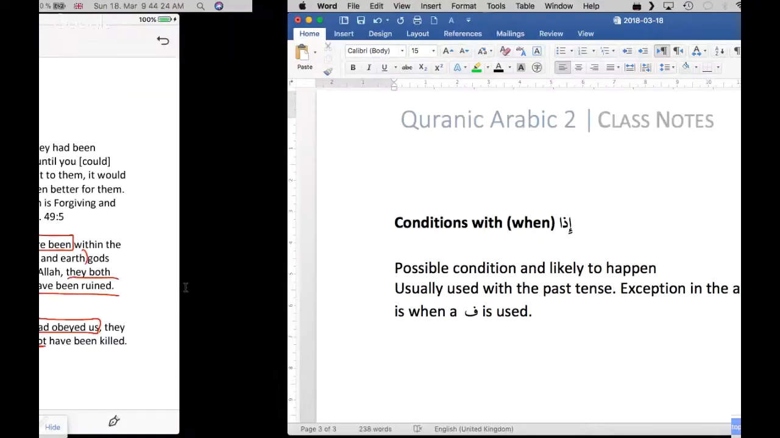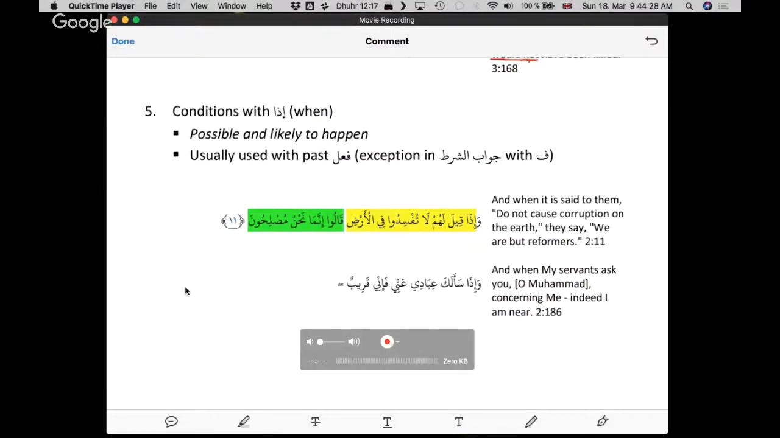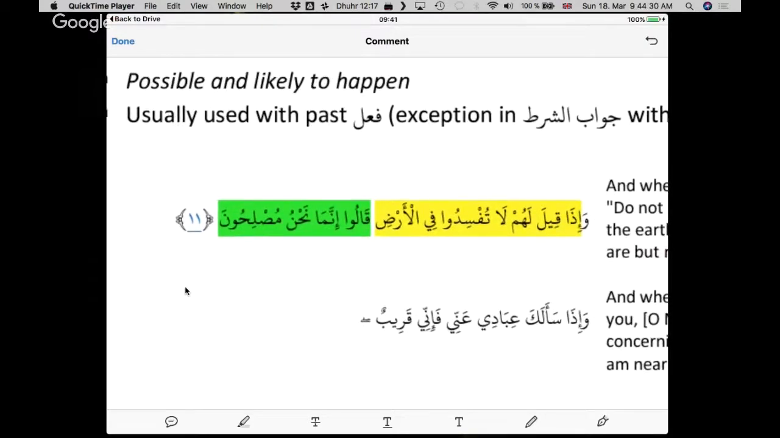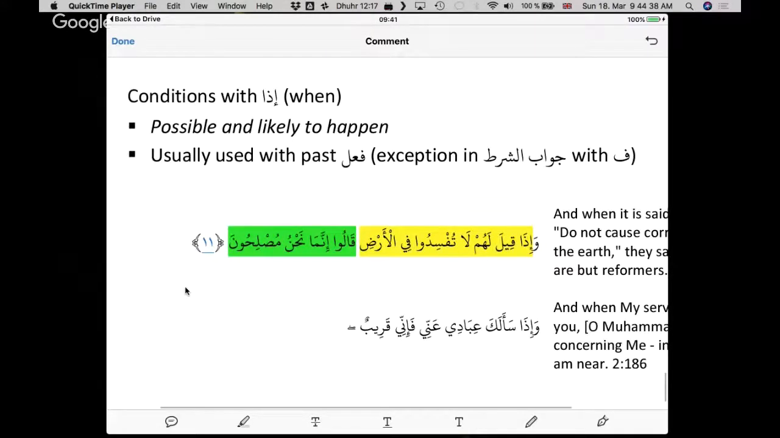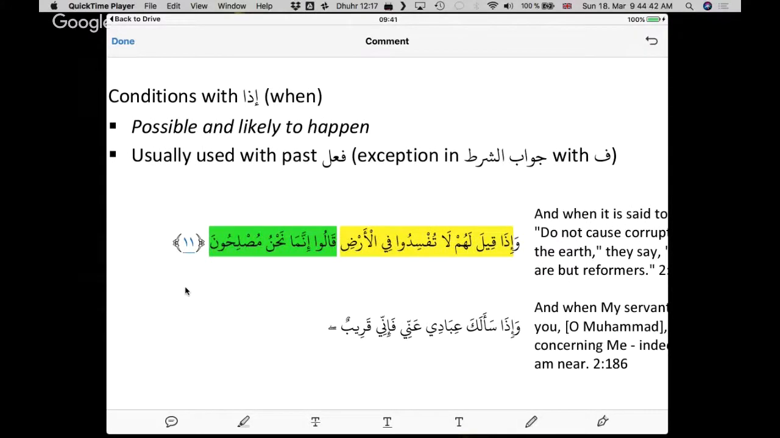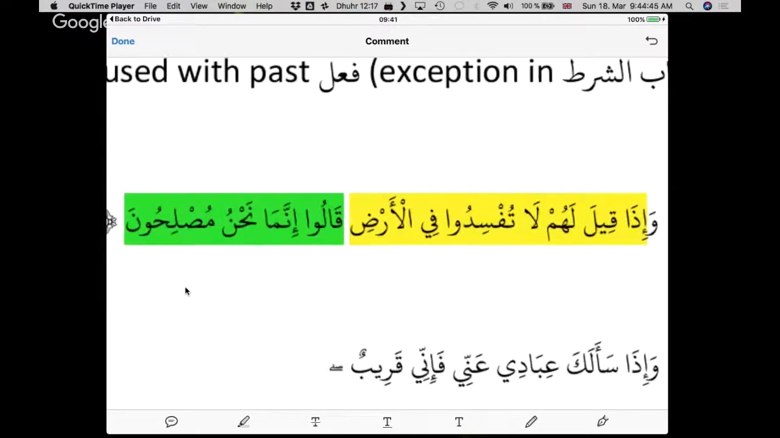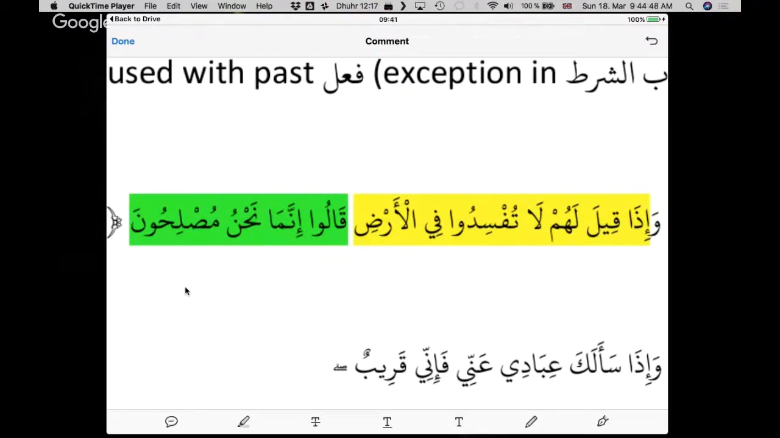Let me construct these examples with you. So possible and likely to happen conditions with iza, it means when, usually used with past tense, and the exceptions in jawabul shart exist when the answer starts with a fa, just like the in case. Wa iza qila lahum la tufsidu fil ardi. And when they were told not to create fuss, trouble in the earth,